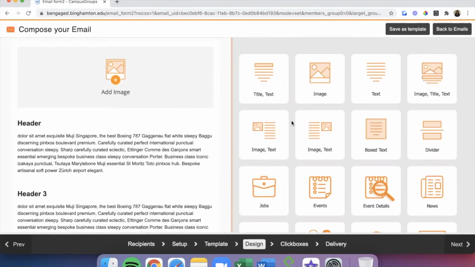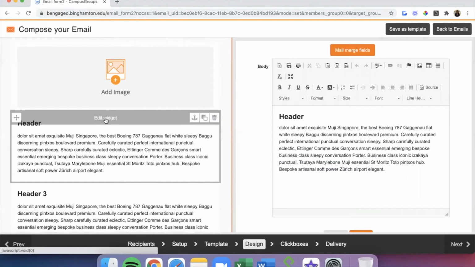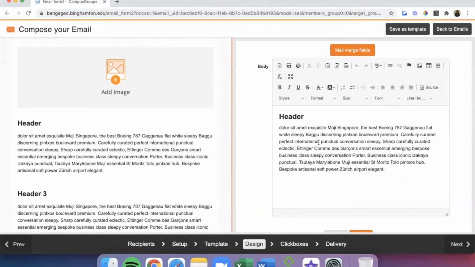Once you've added a widget or feature to your newsletter, to edit that section of the template, just hover over it and click Edit Widget at the top of that section. The widget editing section will appear on the right-hand side of your screen with a text box and editor as well. You can see you have the ability to make your text fancier using the text box editor, utilizing different effects,